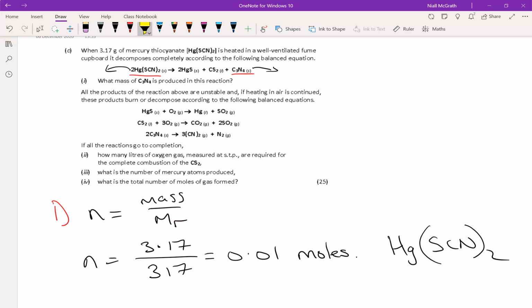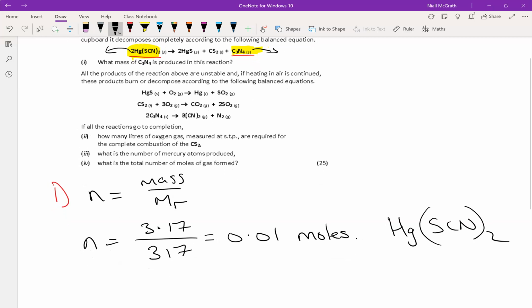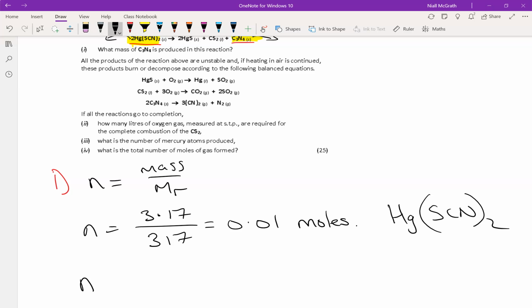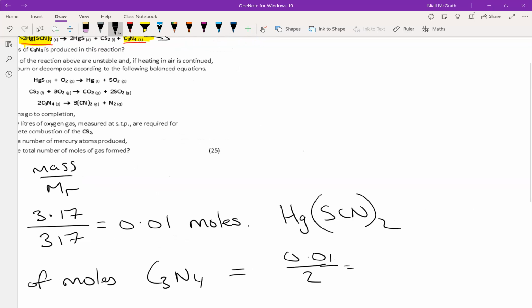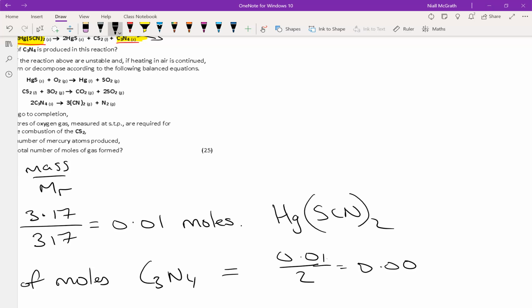Alright, we can see in the equation that they're in a 2:1 ratio. You have 2 moles, or twice the number of moles of mercury thiocyanate as you have C3N4. So that is going to mean your number of moles of C3N4, right, you have half the number of them, so it's going to be 0.01 over 2. And that is going to give you 0.005 moles